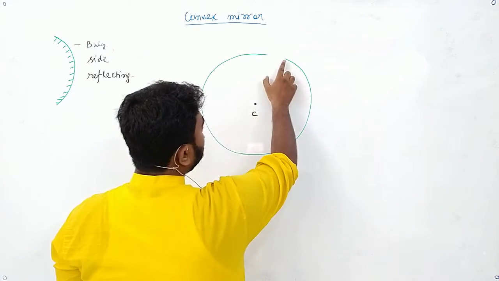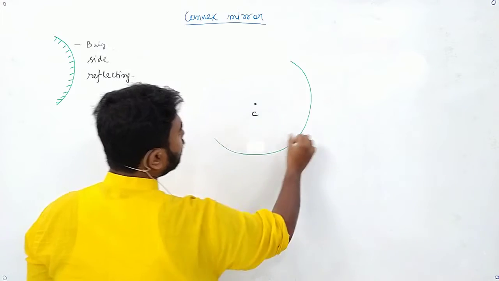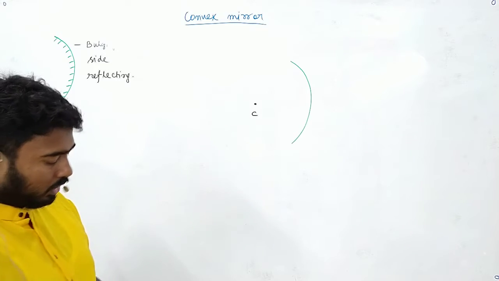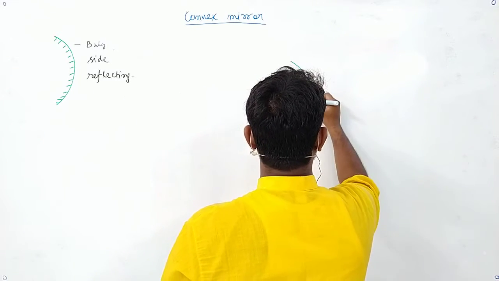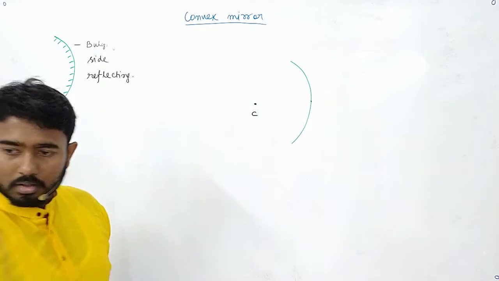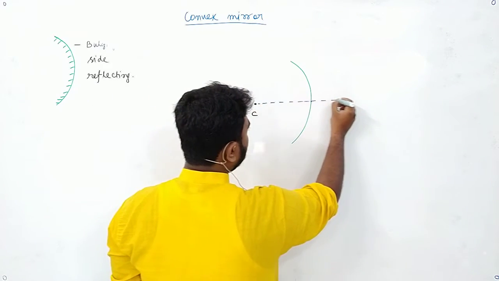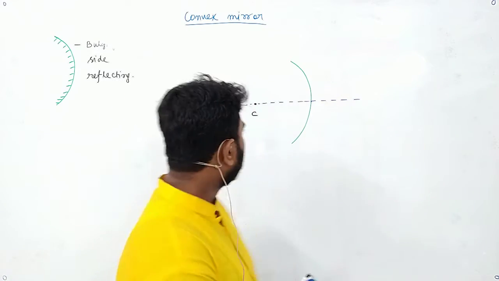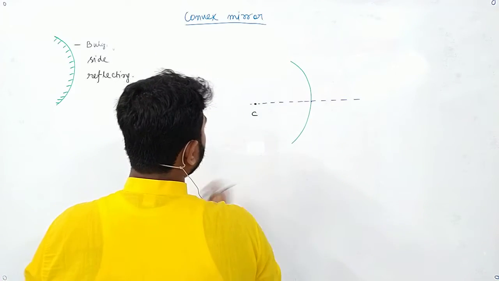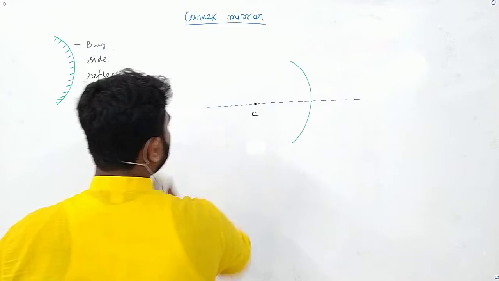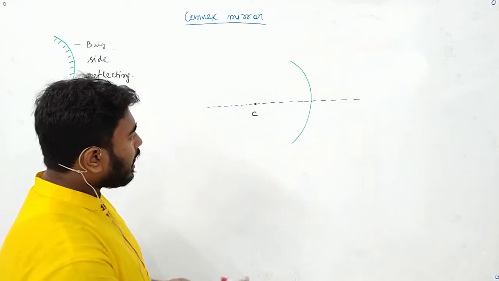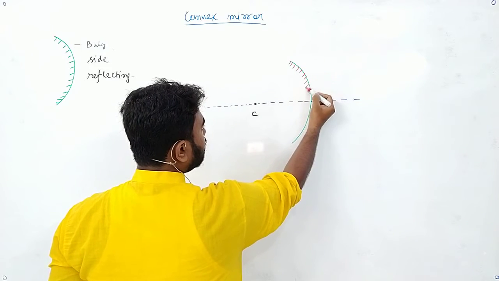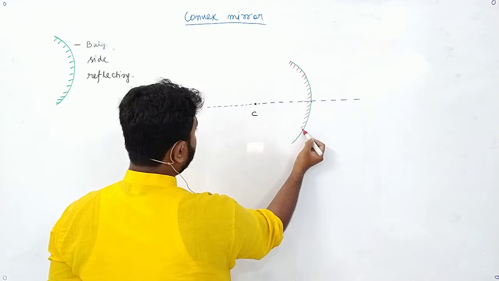Now let us take a portion of the mirror and delete the other portions. So can I draw it in this way? Let me take the midpoint of the spherical surface. So is this the midpoint? And let me draw a line passing through this midpoint. Okay, I have drawn a line passing through this midpoint. Now as it is a convex mirror, we will make the inner side non-reflecting.